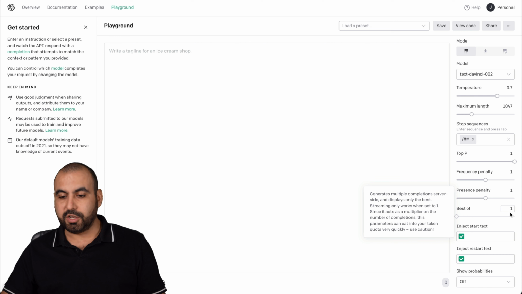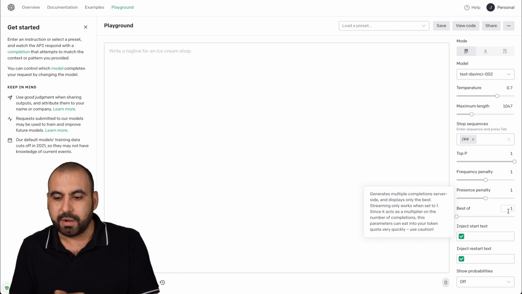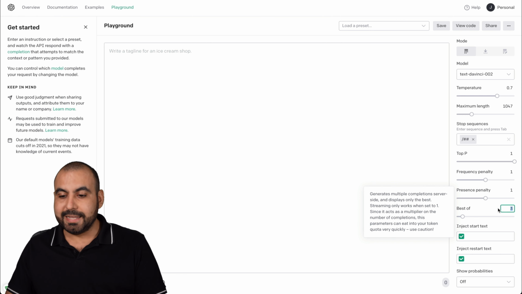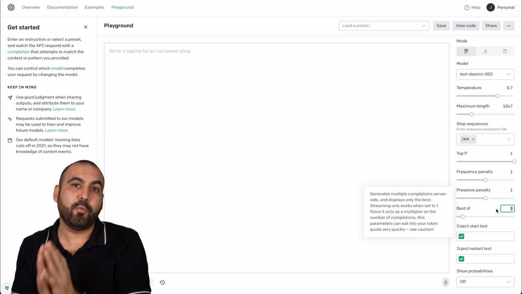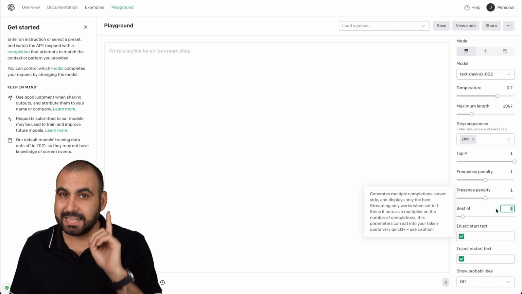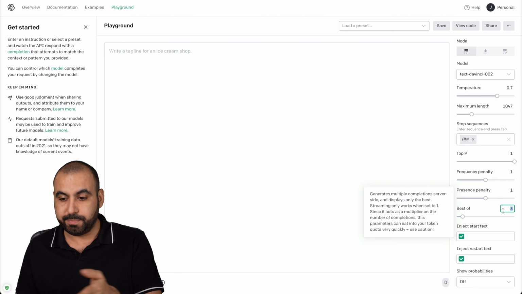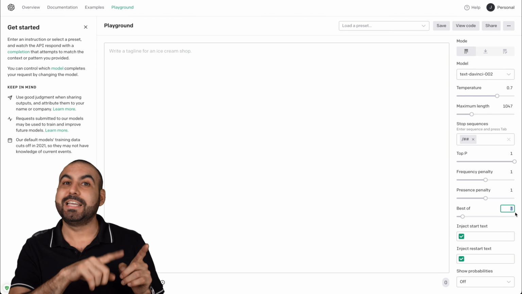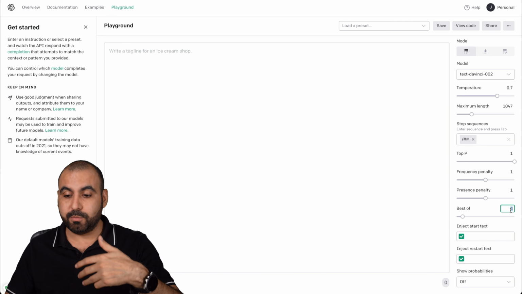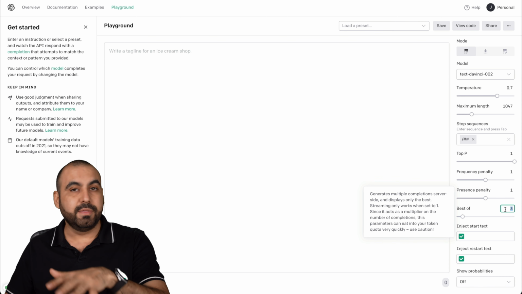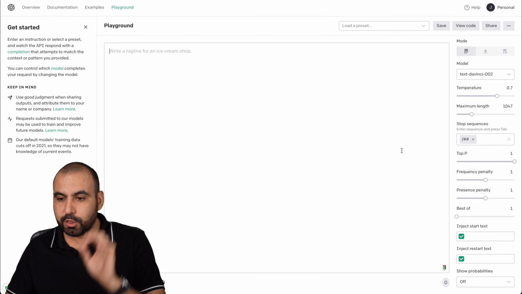And the best of, which is also important because AI is going to take one time to give you results. But what if you set 2, or 3? In the back end, it's going to do 3 tests, and it's going to give you the best output out of those 3. But heads up, if what you are doing is costing 100 tokens, multiply it by 3 because it's going to do it 3 times. So it's going to take 300 tokens instead of 100. Just be aware of that. If you're okay with spending more tokens and getting the best results, do set as many as you want here, okay? For testing, I'm going to leave it at 1. And those are the most important settings.